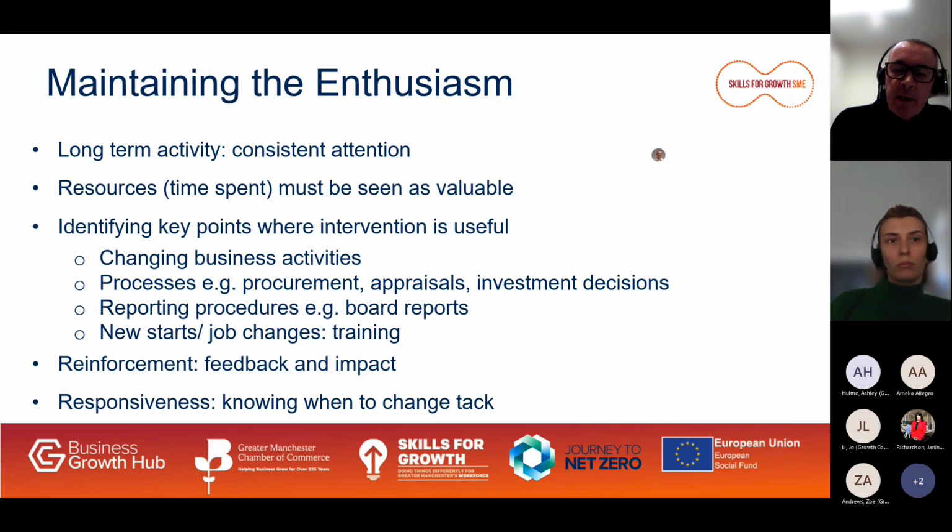So looking now at how to maintain your workforce's enthusiasm for sustainability and the environment. Cutting carbon and costs in a business can be a long-term activity. So consistent attention and commitment from business leaders is essential. Resources must be seen as valuable. So provide staff with the time and resources needed. You will be rewarded. Identify the key points where intervention will be useful, such as changing business activities and processes